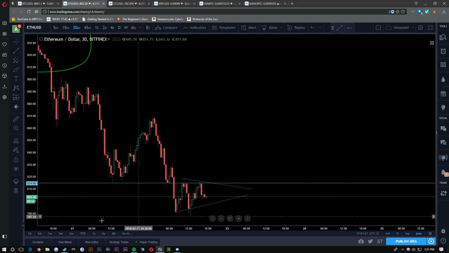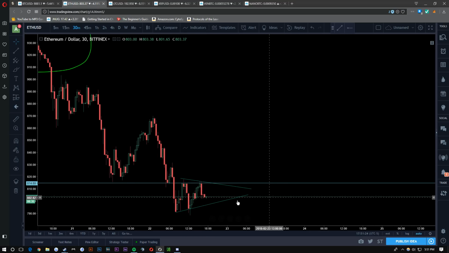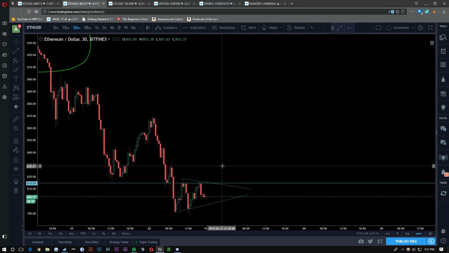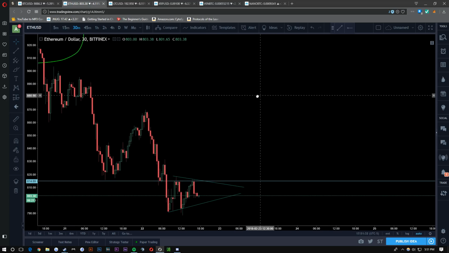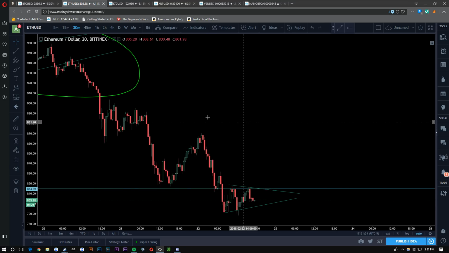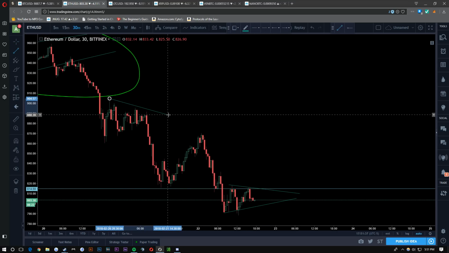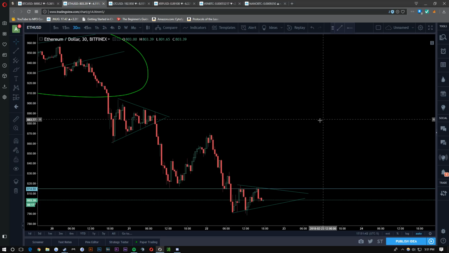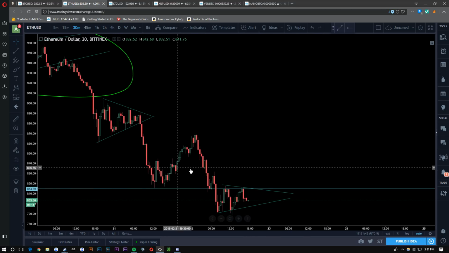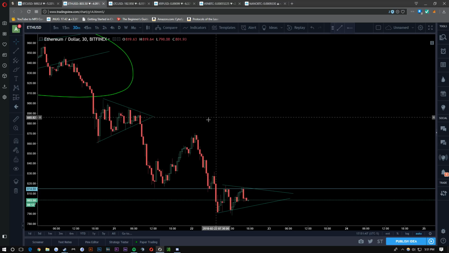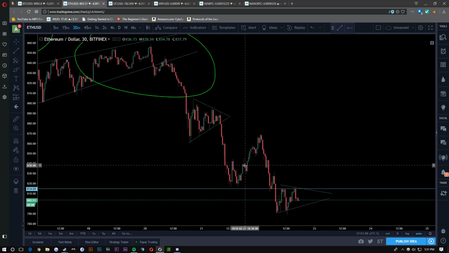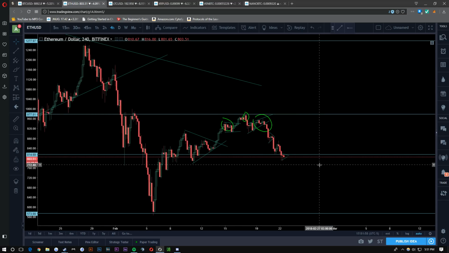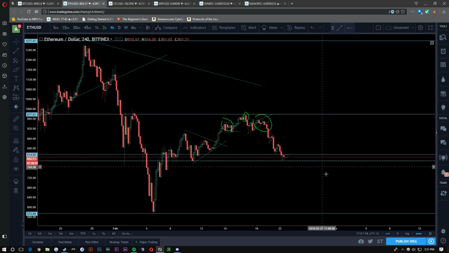So as you can see, this pennant, at least it looks like a pennant right now, is obviously susceptible to change because we're on the 30-minute, and it's a short-term pattern. In fact, it kind of resembles this, you know what I mean? The RSI popped up, sorry about that. It kind of resembles this: come down, triangle, move down, hit support. And let me zoom out a little bit here too. Actually, here's a support level right there too,